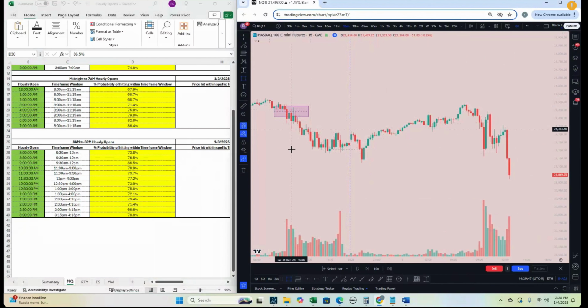There are some days in which the probability is average, and when I say average, we touch it about 30% of the time. And there are other days like Tuesdays and Fridays where we touch it maybe 15 to 20% of the time, when we touch both sides of that 9 a.m. to 10 a.m. candle. But if you look at 10:30, so if you look at this time frame, right, this hourly open,